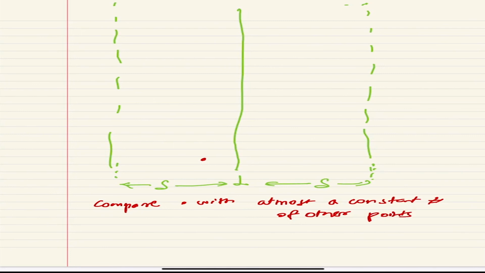Okay, and even if this constant is large, I don't care right now. I just want to prove that I have to compare at most with a constant number of points. How will I do that? That's where I use some geometry trick. You can do something better than what I'm doing, but I'll just prove that I have to compare with at most a constant number of points.